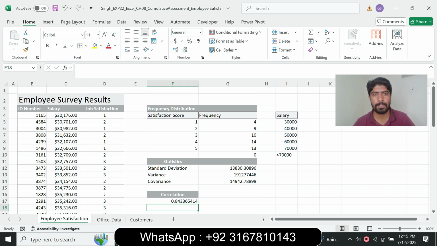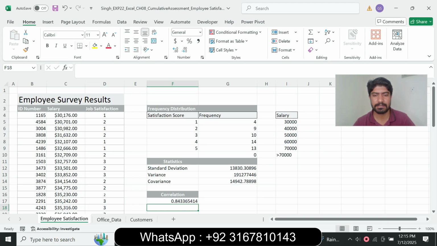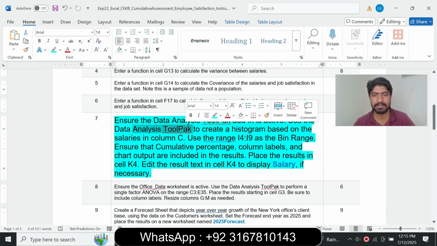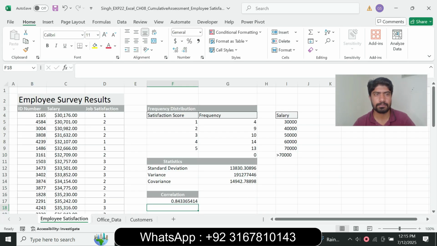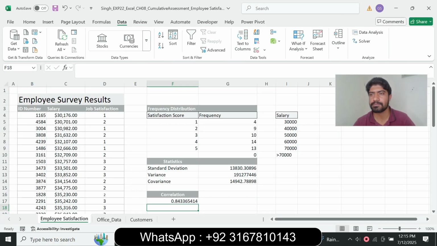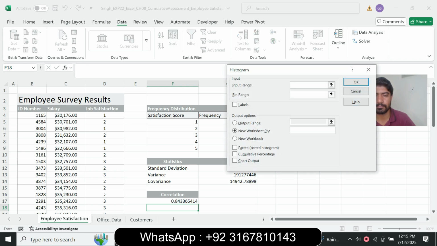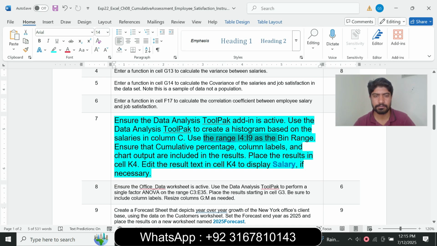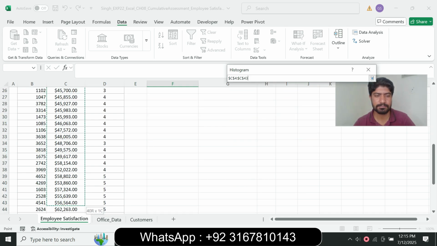So ensure the Data Analysis ToolPak is active, and use the Data Analysis to create the histogram. So go to the Data tab and go to the Analysis group, click Data Analysis and insert the histogram, click OK. So create the histogram based on the salary column C, select the salary column C,